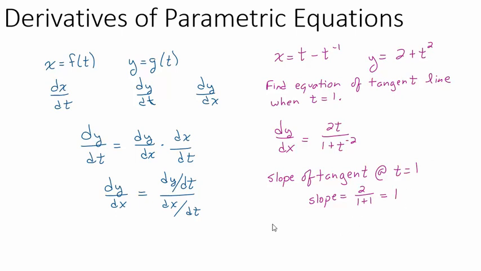We could find it at another t. You know, when t equals 2, it's going to be something different. What would it be? It'd be 4 over 1 plus 1/4. So 4 over 5/4, higher mathematics, 4/5, something like that. Okay,